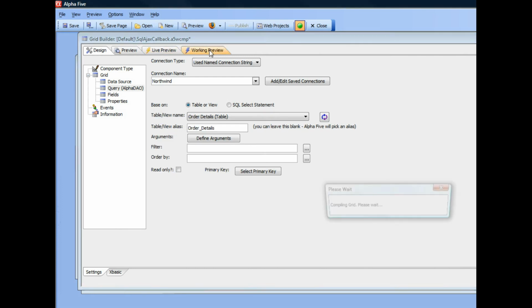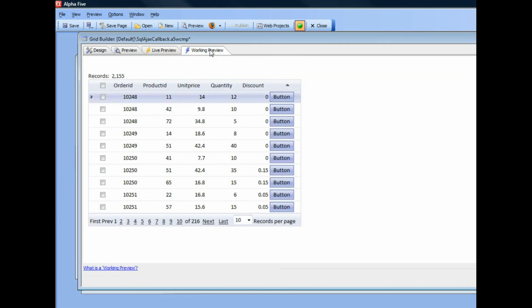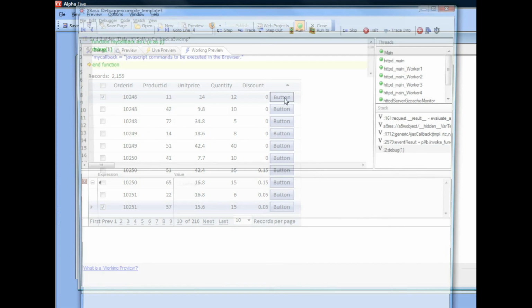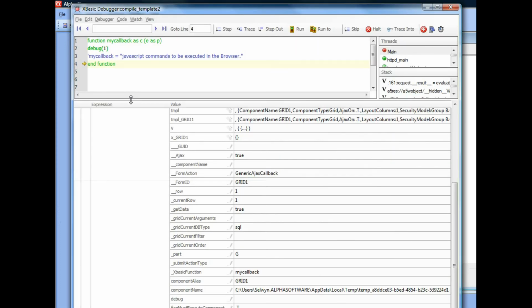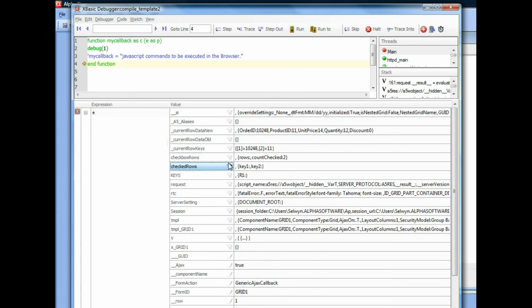So let's go now and check row 1 and row 10. You can see that on row 1 the primary key is going to be 10248 for the order ID, and then 11 for the product ID, and then similarly for row 10 there's the order ID and the product ID. So I'll click my button that opens up the callback handler, and now let's take a look at what's inside the checked rows